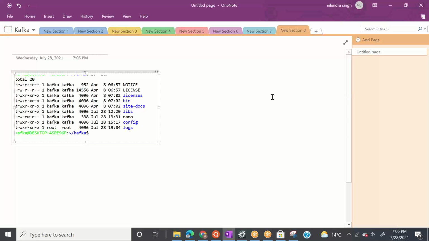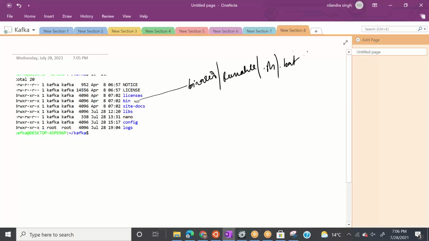The thing which is very important for us is two directories. One is the bin directory. Bin means all the binaries or all the runnables, all the .sh scripts or .bat files are inside this directory. This is the major code of Kafka, the main class or runnable class or jars of Kafka.